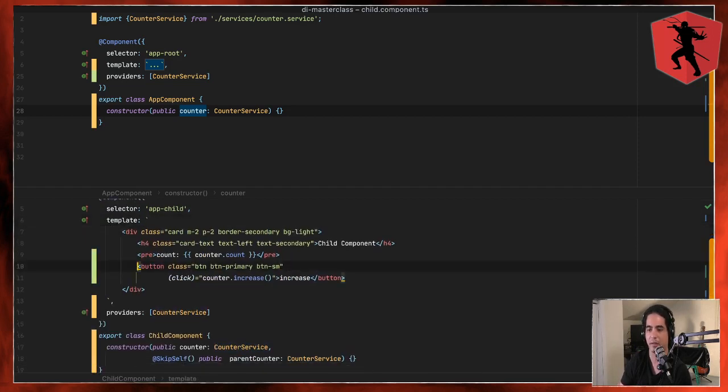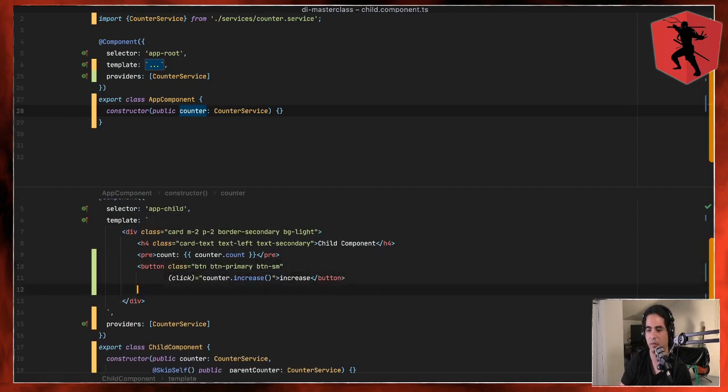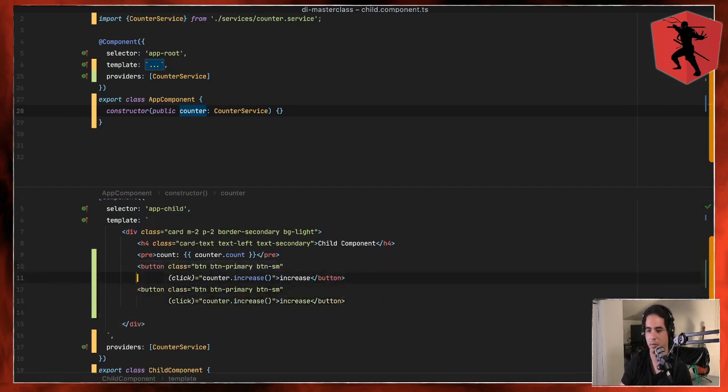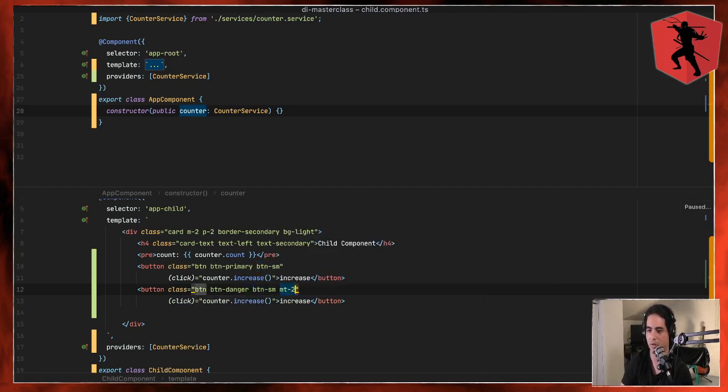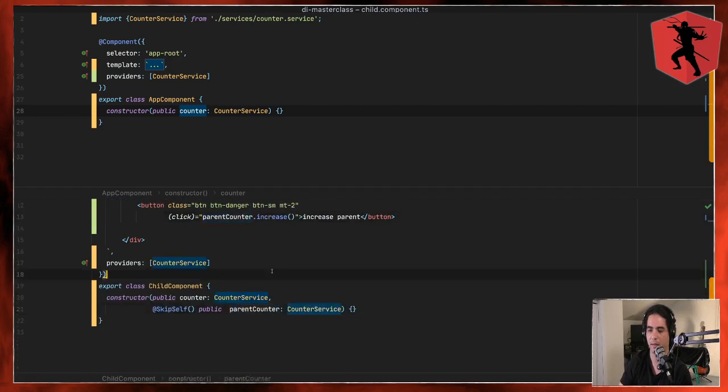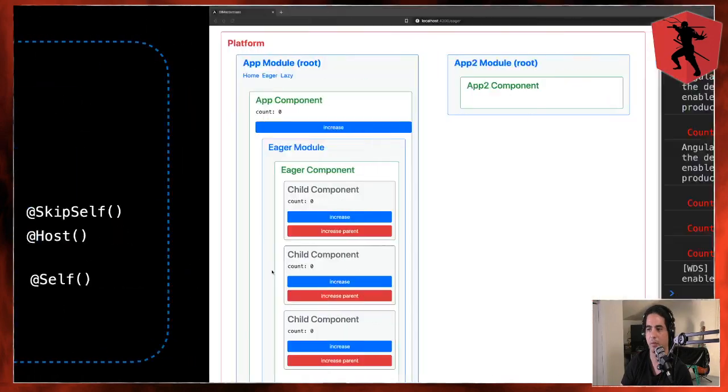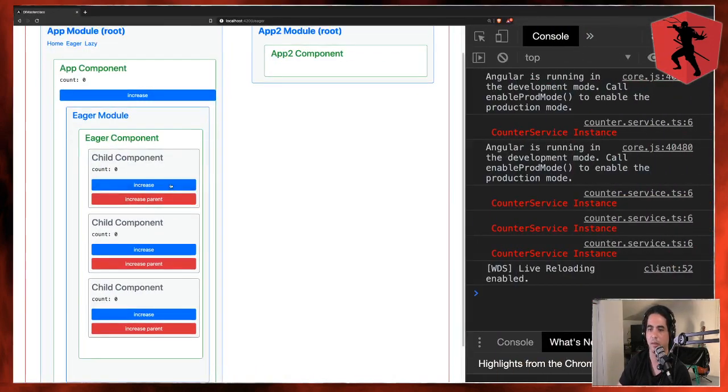Let me add a button here. And I'm just going to change its color so it's a little bit more noticeable. And I'm going to add some margin on the top, and I'm going to call it increase parent, and here I'm going to call the parent counter. So basically, if we go back to the browser, we're going to see something like this. I can increase myself, and I can increase the parent,